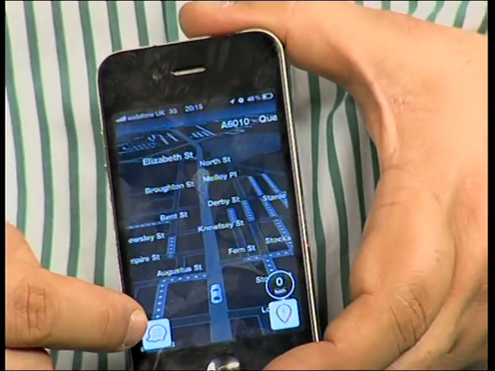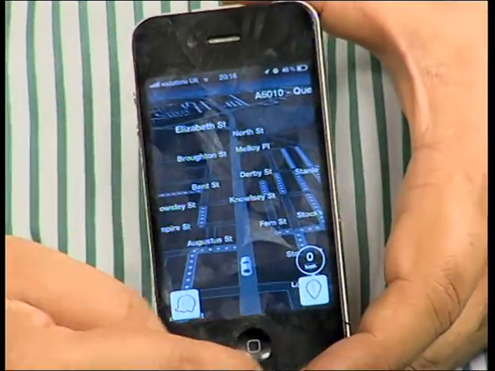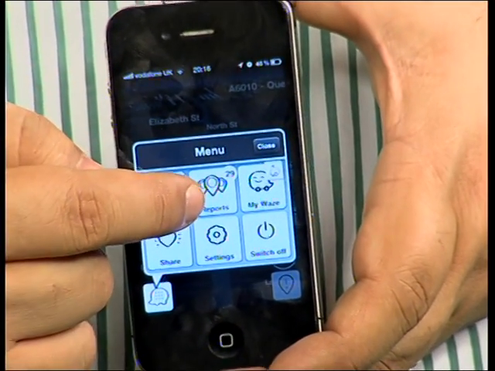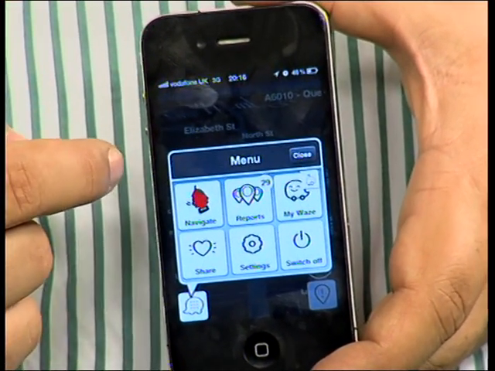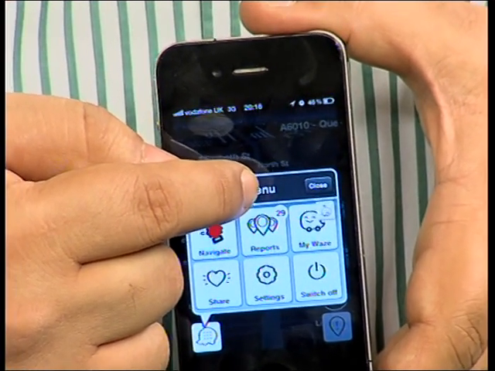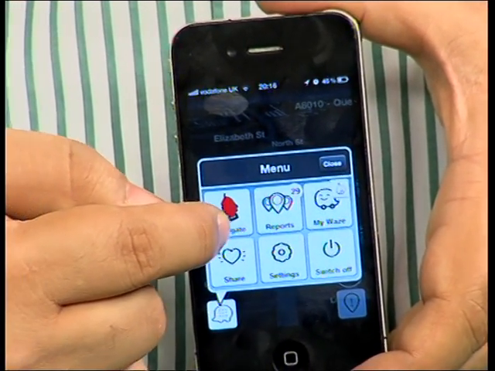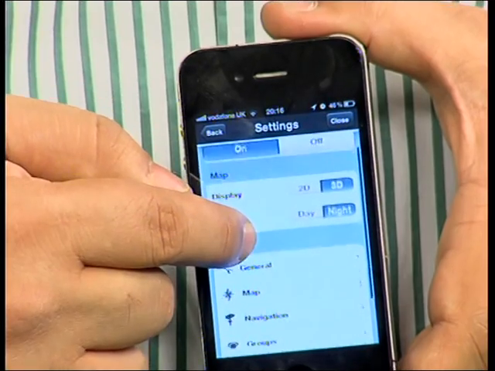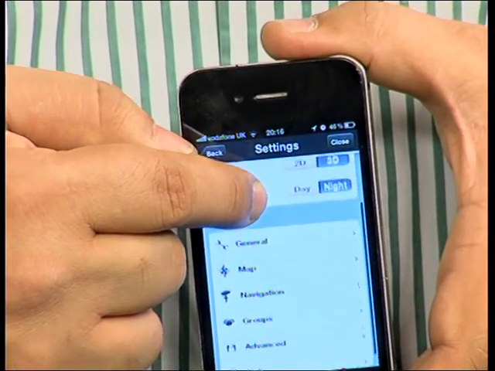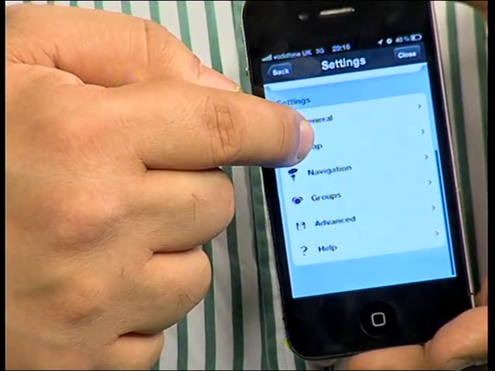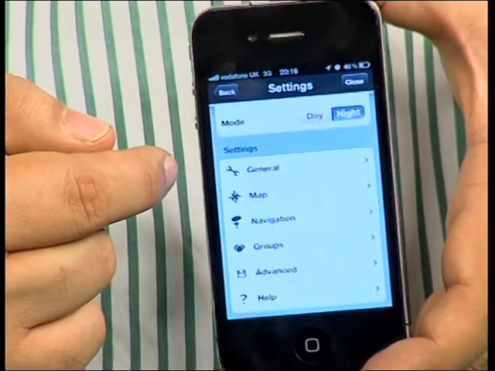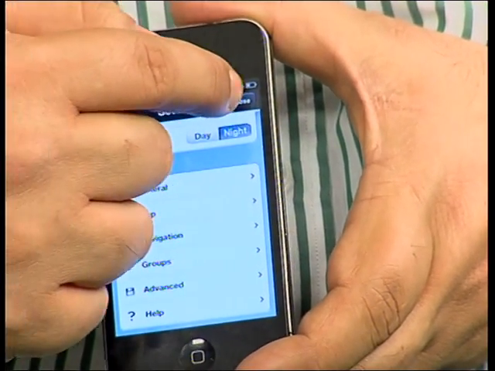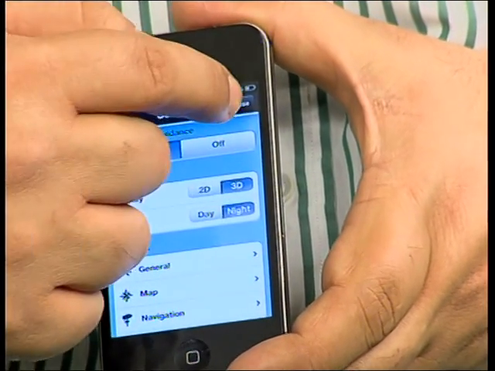So if you look at most of the navigation, it is pretty much similar to other applications that are available in the market. That's the main menu here. And if you click on that, it shows you things like where you want to navigate, certain reports. Obviously, when you want to store your own particular destinations, you want to share things. Settings has a lot of options in it. And one of the key things which it has is obviously things like, you want 2D, 3D maps, you're driving in day, during night. Are you subscribed to any groups? And obviously, things like if you have saved any favorite maps or things on this particular app. So if I click cancel here, click close, and if I go back to the main menu again,